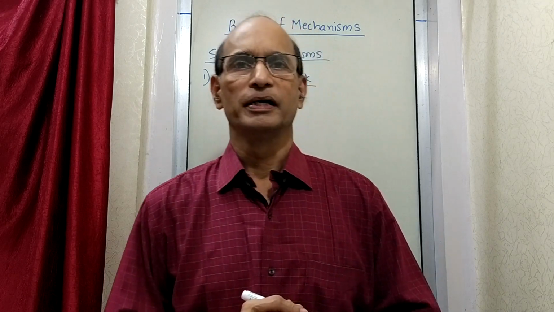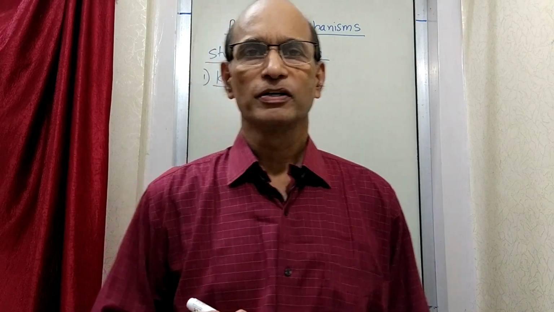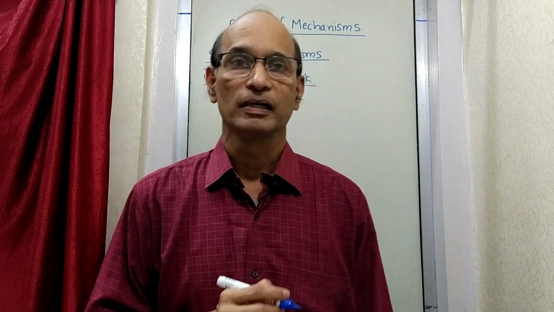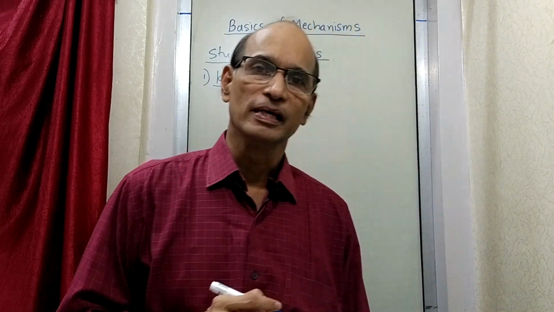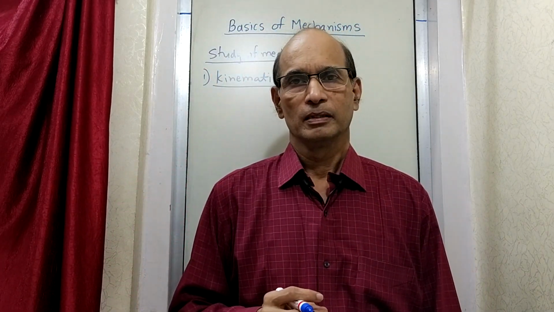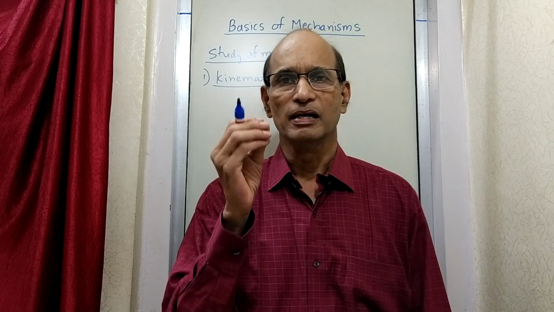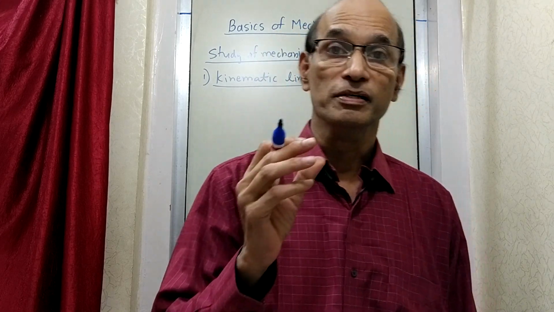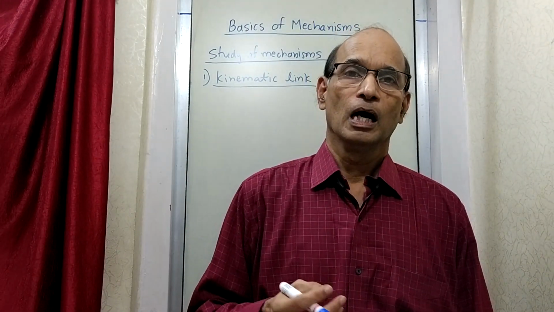Okay, now see what we have written. We have written a definition of a term that is called a kinematic link. What is called a kinematic link? Now, a kinematic link is a basic element of any mechanism. And then we have said that the link is such that it should be rigid, as in the definition, it is a resistant rigid body.